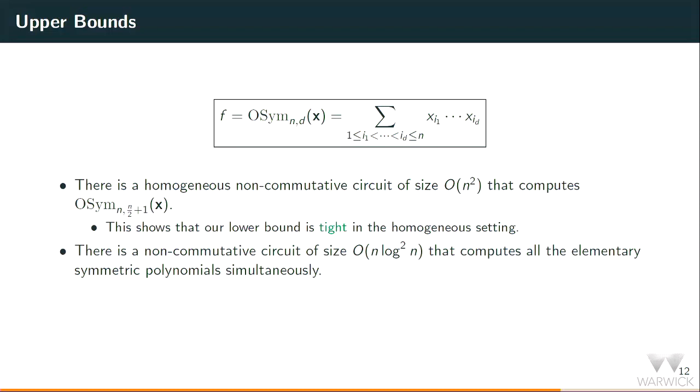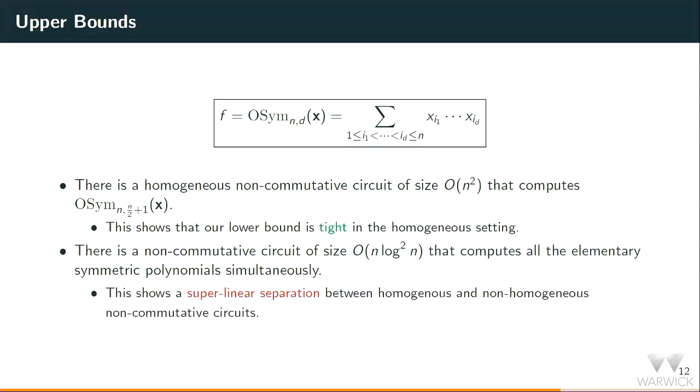This is again, I mean, it's easy, it's interpolation essentially plus FFT, if you know the literature. It's nothing non-trivial if you already know it. But interestingly, what it does show is a superlinear separation between homogeneous and non-homogeneous non-commutative circuits. Okay, I guess the most interesting thing is how our result fits into